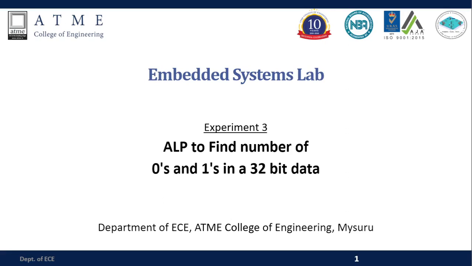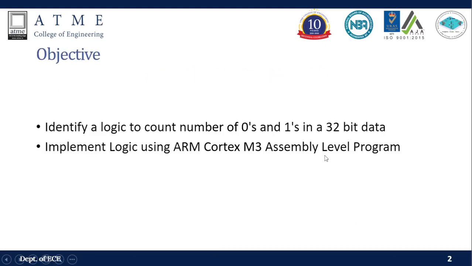Hello everyone. So this is a recording to discuss the working of experiment number 3, that is specifically the experiment to write an assembly level program to find the number of zeros and ones in a 32-bit data. So in this experiment, we are basically going to look at what is the logic that is generally used for counting the number of zeros and ones in any given binary data stream, and how we are going to implement